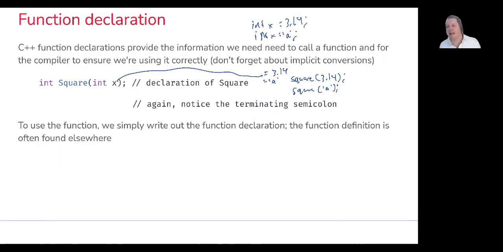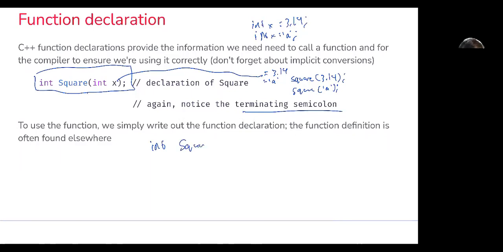Because the semantics, the meaning of the initialization of the parameter is identical to that of the initialization of an object in this case. So again, in terms of a declaration, so this is not a call, this is the introducing of square. It is terminated with a semicolon. Now to use the function, we simply write out the function declaration in our file. So if we wanted to use square in main, we'd write something like int square, int x, and notice how we're doing this before it's being used. Then we could have something like int main,